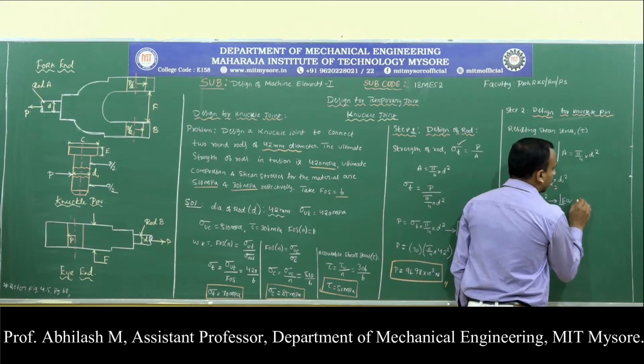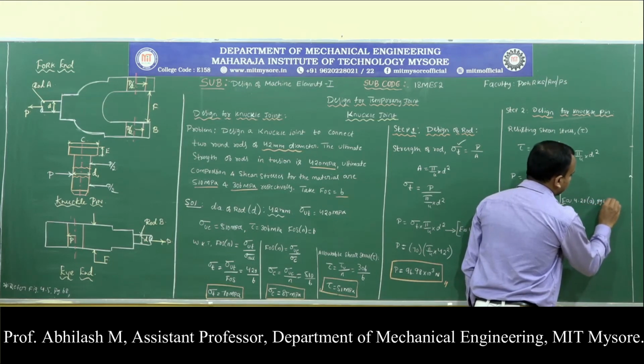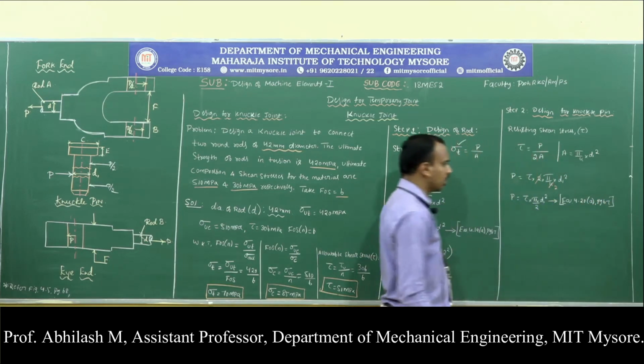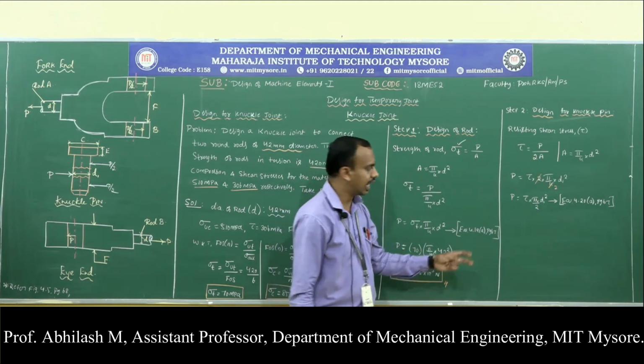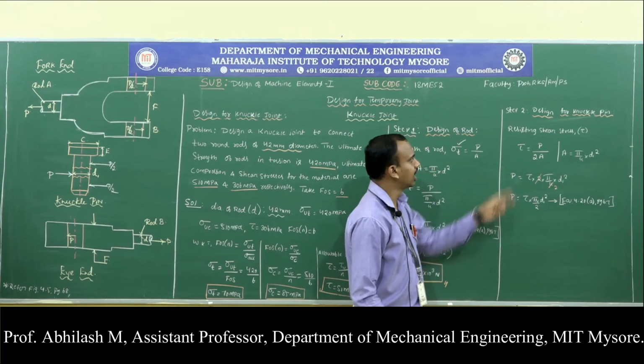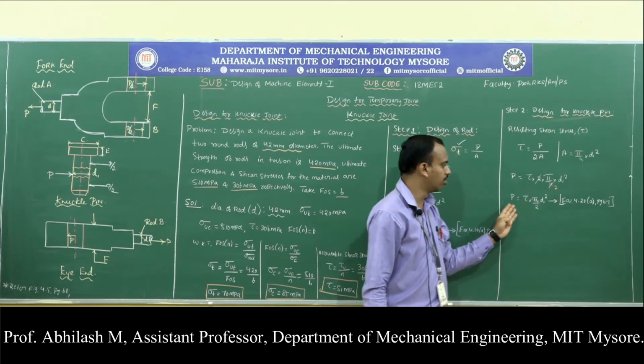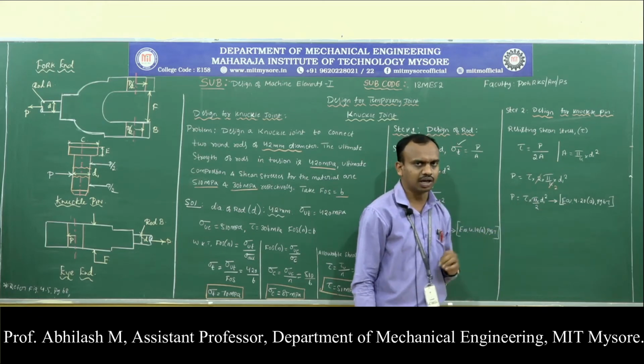This equation is available in the data handbook, equation 4.20a, page number 67. So in the examination, you can directly go for this particular equation, with no need of this step. Just directly write, design for the knuckle pin, resisting shear stress, that is tau, will be equal to, or make use of this particular equation.